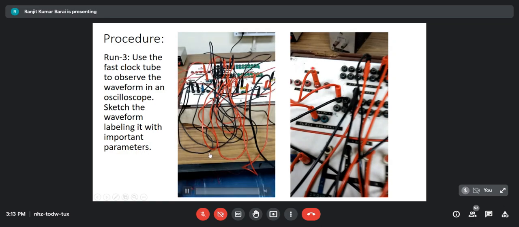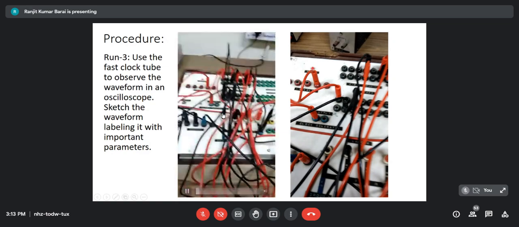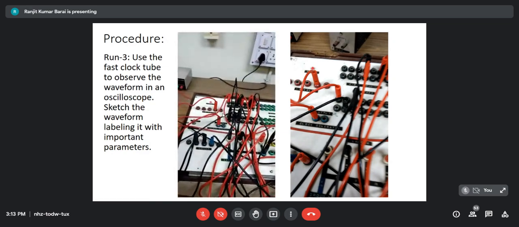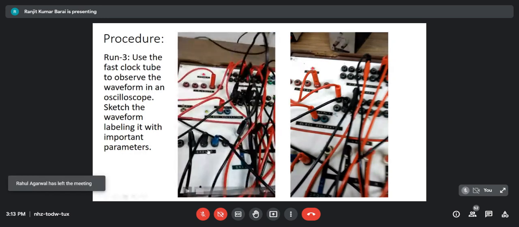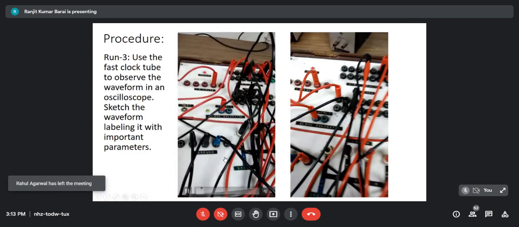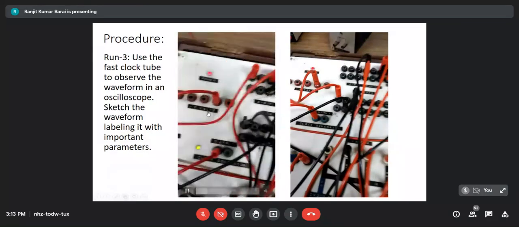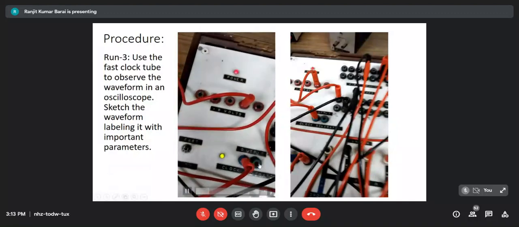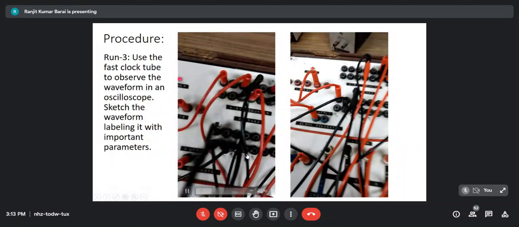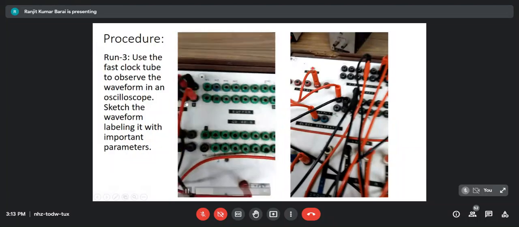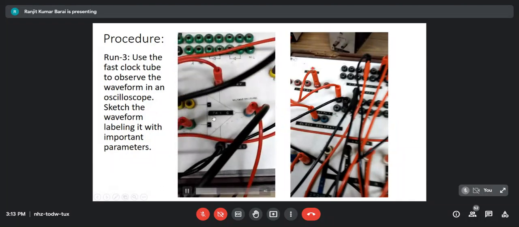Okay, so this is the experimental setup. Look, it's very crude now. We are going to perform run 3 of the experiment. Here we will use the fast clock and 4 bits. See, let me show you. These are the ground connections. This is the fast and slow changeover switch, and the power supply is on this side. Sorry, this is the clock generator terminal. This is the connection point of the counter. This side is the counter. And this is the voltage follower.